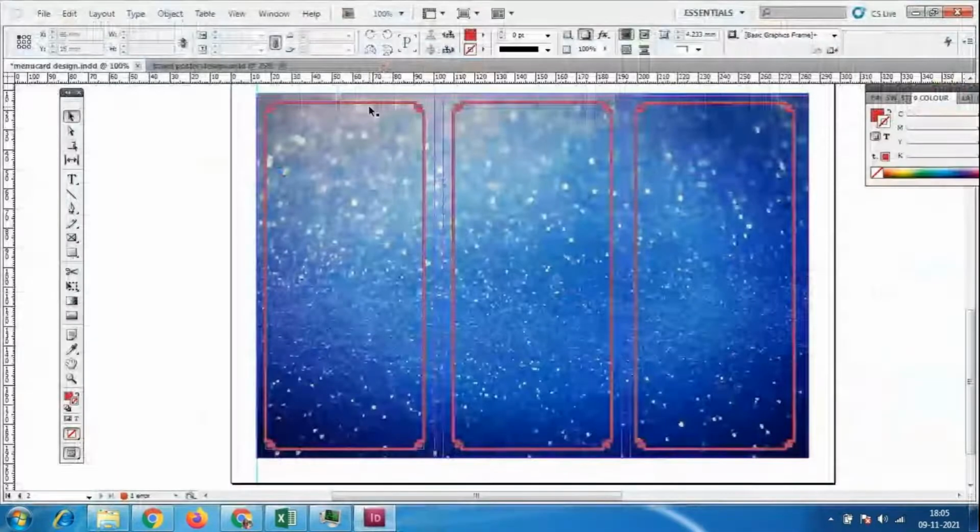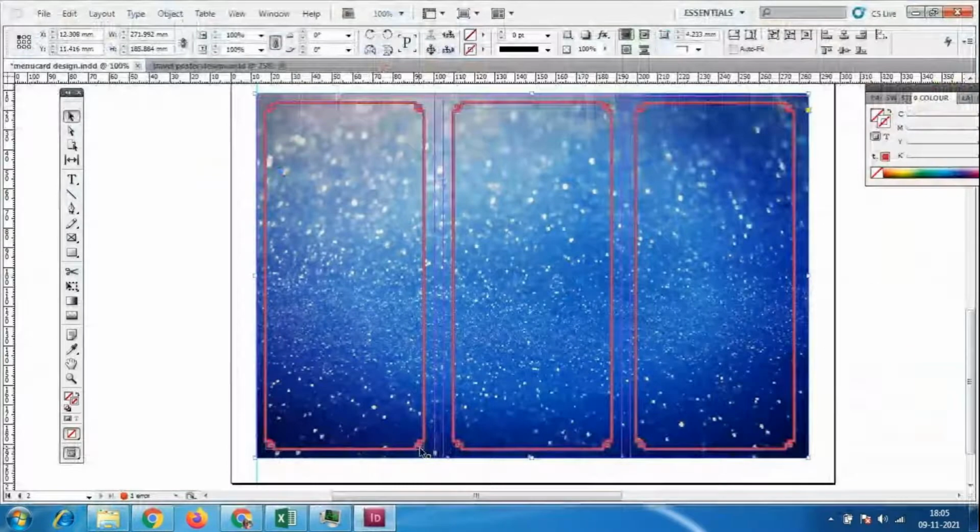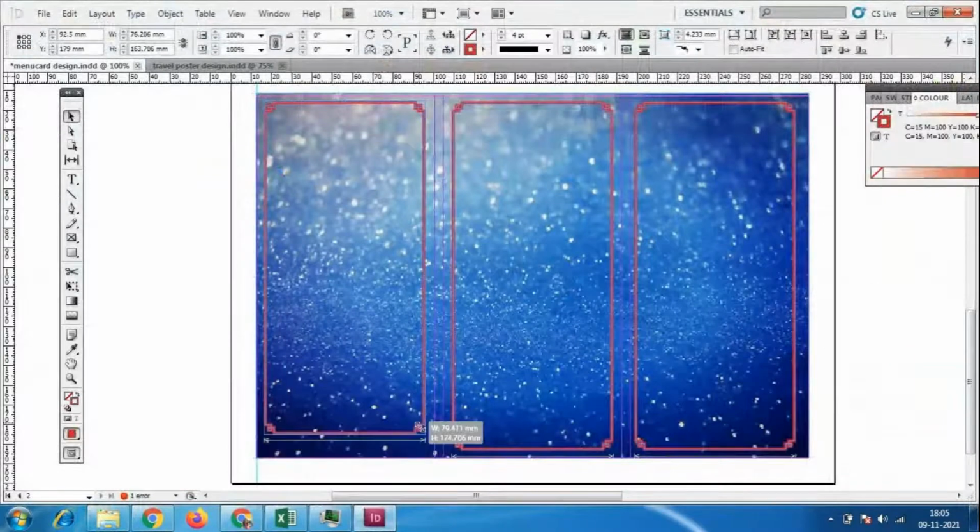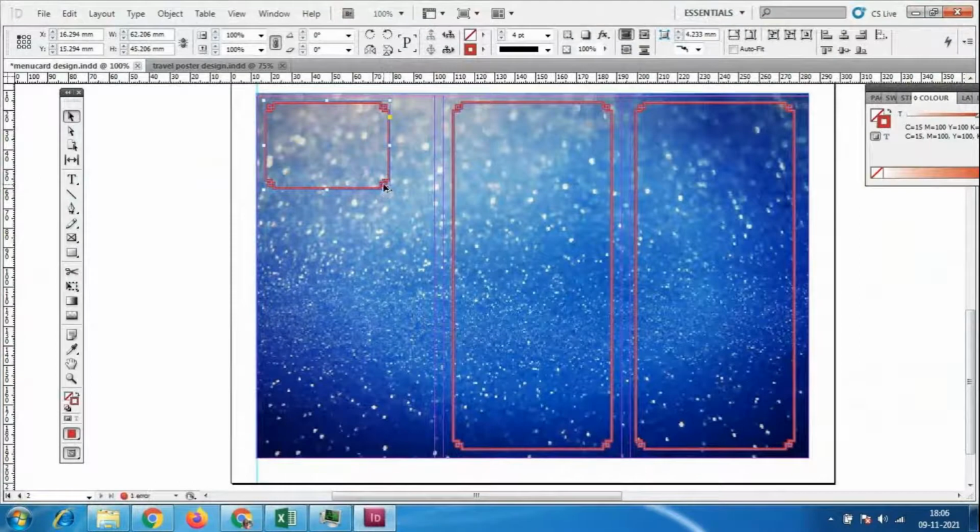Inside this I will show you people one more design. Here we can take the box like this and place the things like this, and we can type the product inside this.